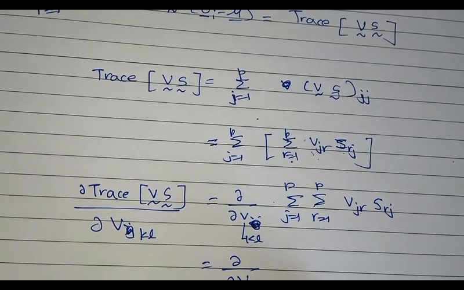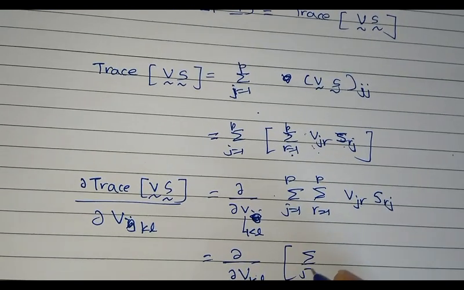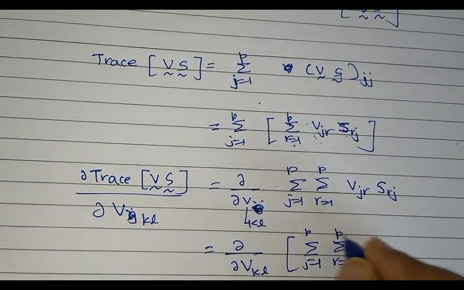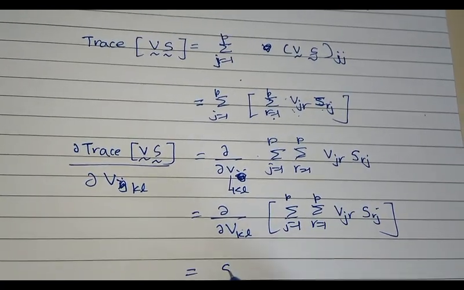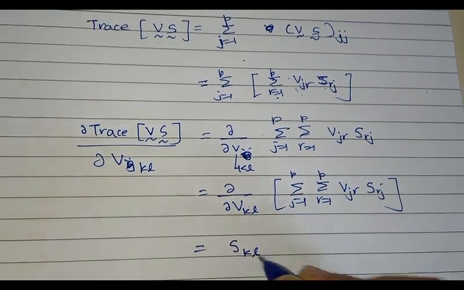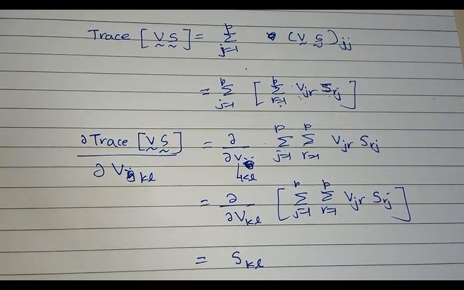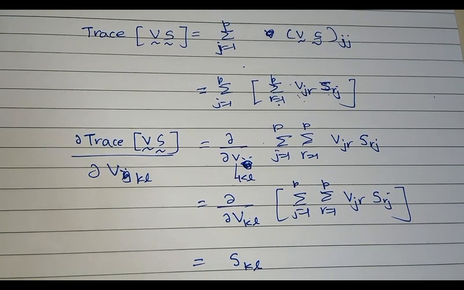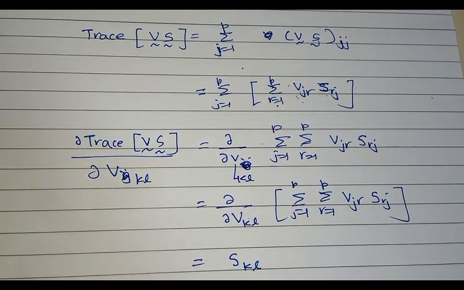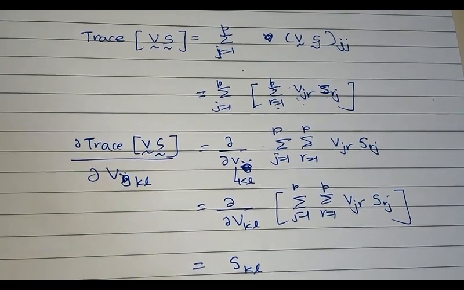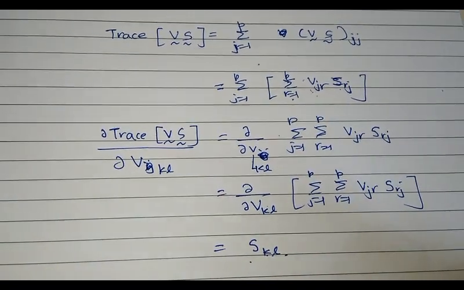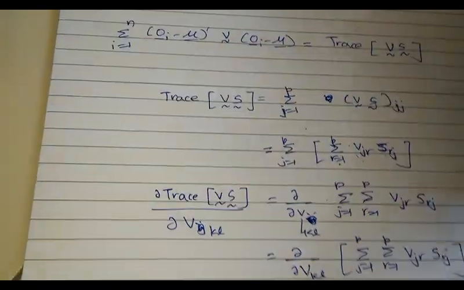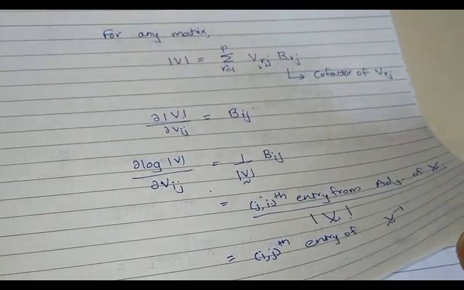So it would survive only when I have kl, so I will have S_kl. S_kl is the klth element of the CSSP matrix. Hence, now substituting it in my ∂ log L,